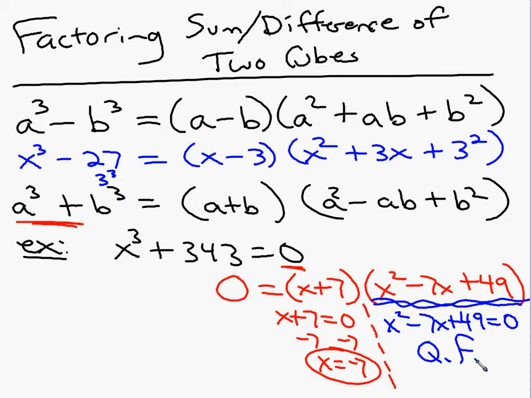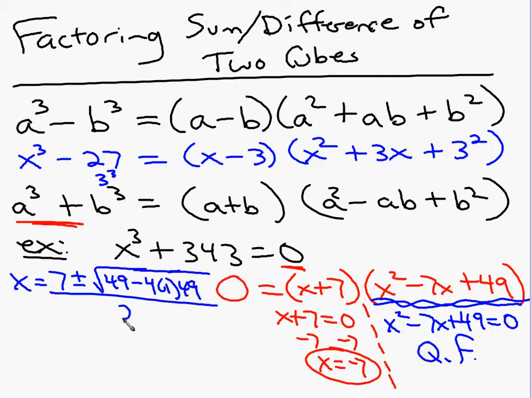So let me see if I've got room over here to do that. x equals negative b, so that's going to be positive 7, plus or minus the square root of b squared, so that's going to be 49, minus 4 times 1 times 49,